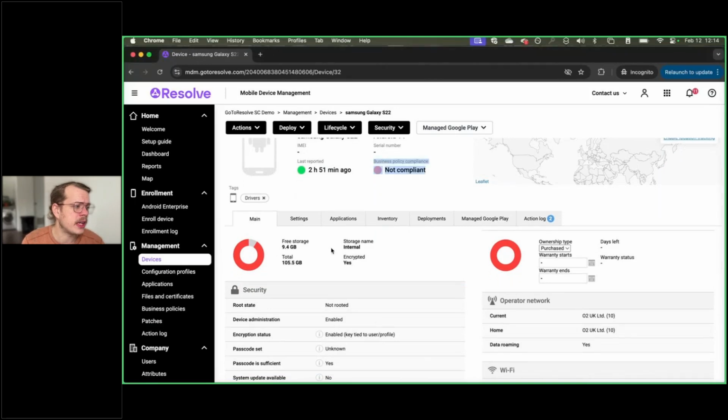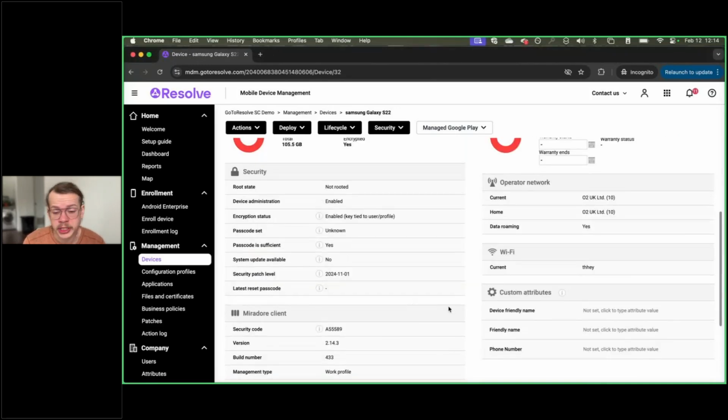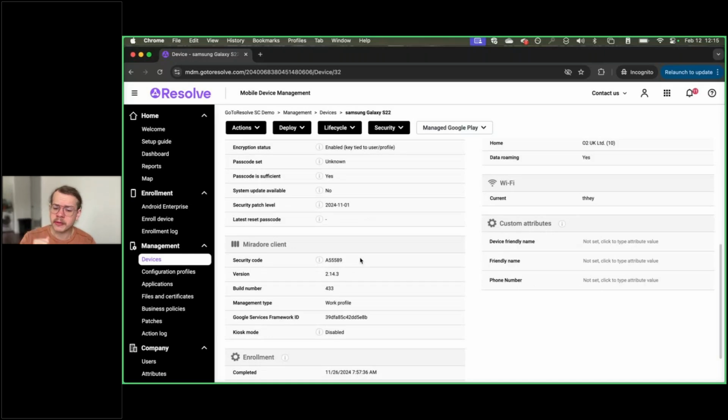We can see the storage space of the device, so we can know how much data is on there, right? And then we can even see basic data security questions right away. Is the device rooted? Is it encrypted? All of that information is available right here through the top level part of the information. We also have the ability to see whether or not the device's passcode is set. So maybe we're not even sure if we have base level security in place quite yet, right? What is base level security for a mobile device? Probably a passcode, and making sure that data is encrypted. We can know right here